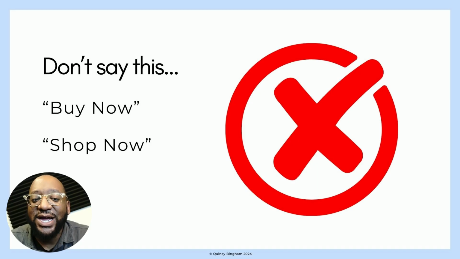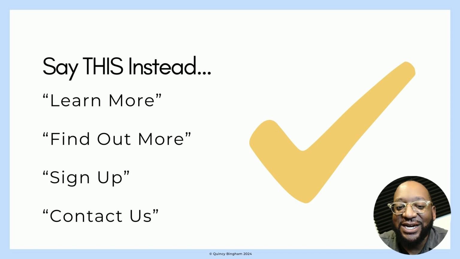So when your call to action says something like, "buy now" or "sign up," Google may not like it. When it comes to healthcare advertising, Google prefers CTAs that inform, not ones that pressure. Phrases like "act fast" or "risky" can come off too aggressive, especially in healthcare. It's better to keep it simple and educational. Instead, use CTAs like "learn more," "find out more," "sign up," or "contact us." These CTAs are easygoing and aligned with Google's preference for informational content.